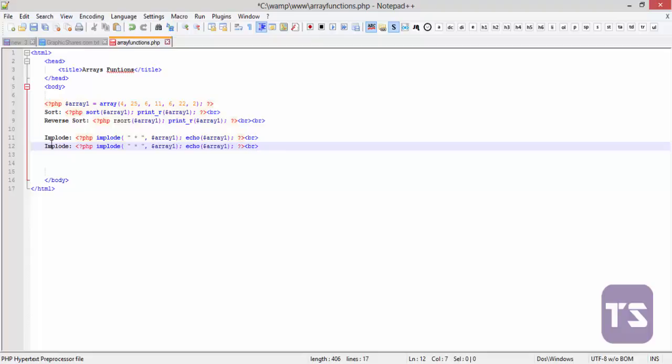So here we have explode, and in this case we are printing R. So print R because we're taking it back to the array format. So we're going to print R explode, which is the function, and in this case,